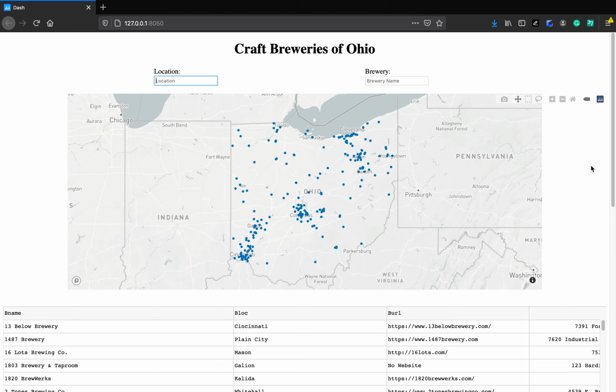This is my final project for CS4620. My database contains information on all the craft breweries in the state of Ohio. And if we start with this map feature, you can see that it's populated with location markers for each brewery in the state. If you hover over one of those markers, it'll give you the name of the brewery as